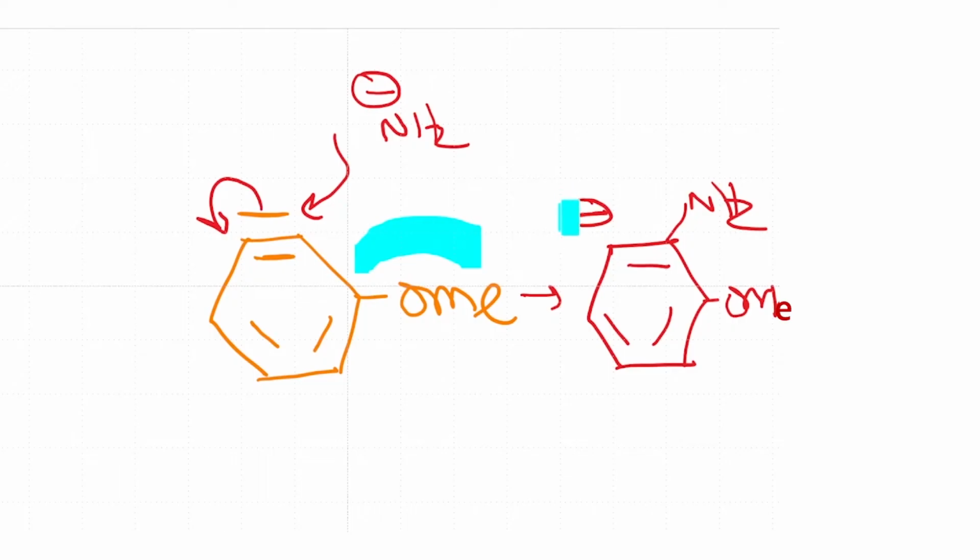The second issue is that the negative charge is quite far away from the methoxy group. That is, it is meta to the methoxy group, and therefore the methoxy group does not have an inductive effect, electron withdrawing inductive effect, to stabilize the negative charge. On the other hand, if the attack happens on the other carbon, which I'm going to draw again here,